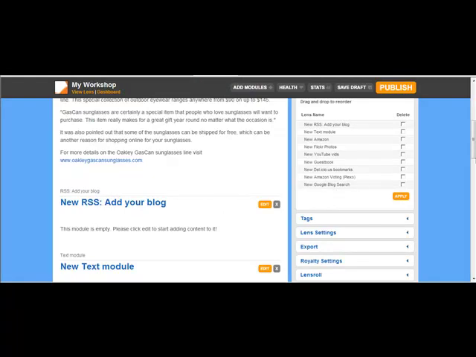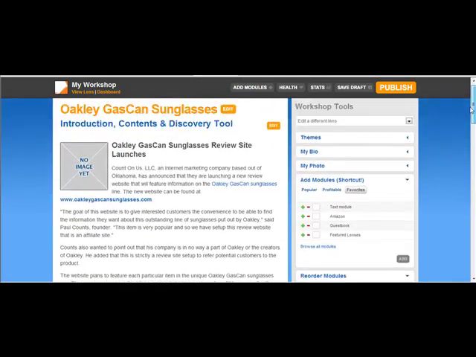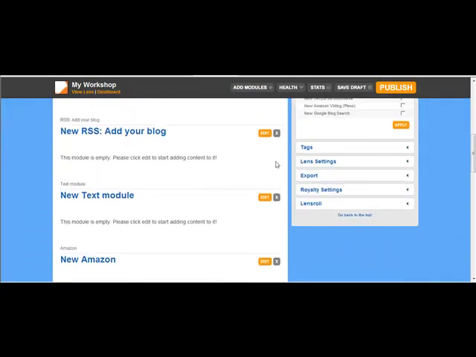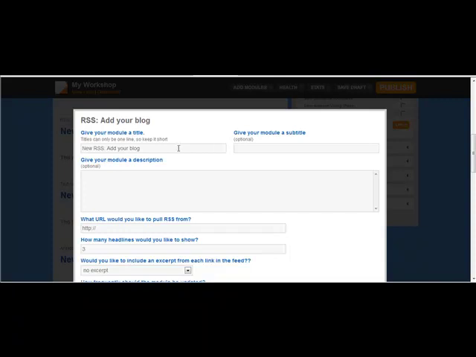And then you could come up here to make sure the links are working. And you need to add a little bit more. So here's actually something where you can tie your Web 2.0 properties together. So that's why I had you set up Blogger first. Come right over here, it says new RSS, add your blog, click on edit. And then what URL would you like to pull your RSS from,